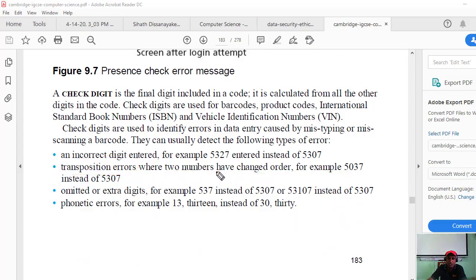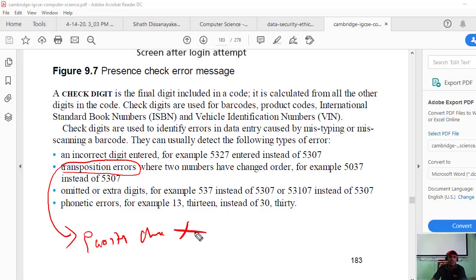Where two numbers have changed order. Got it? The order has changed. Otherwise, this kind of value, can you check it with the parity check? No, we can't check.